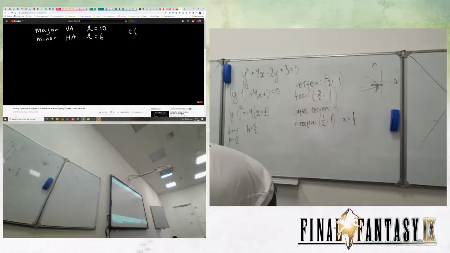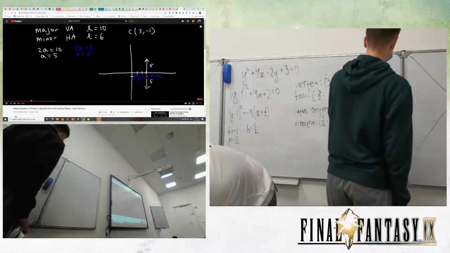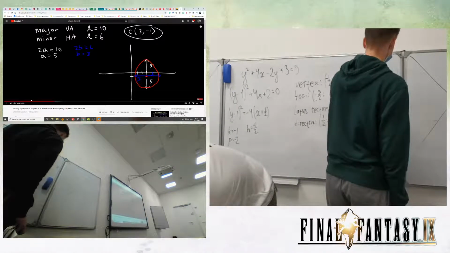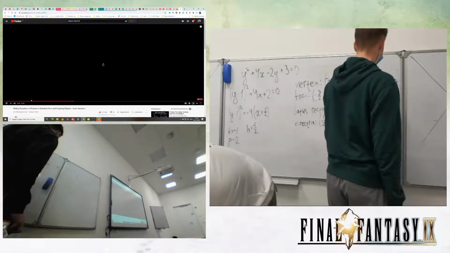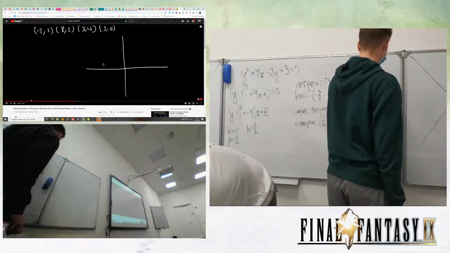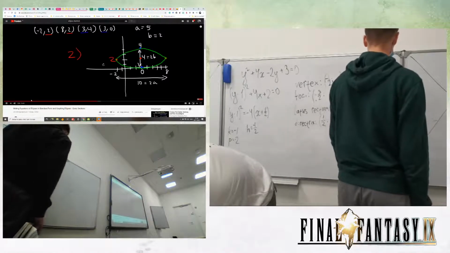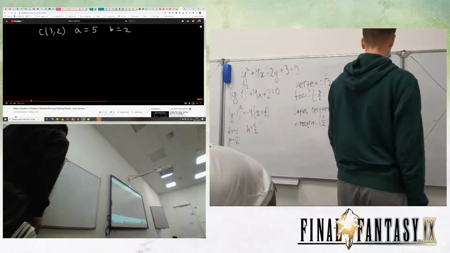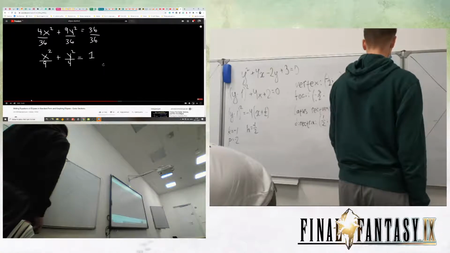And the center, the vertical axis, since you hear the word major, it means a is 5. Horizontal, we have the center. In this case, horizontal axis 3, the ellipse 3, 0. We have 2, 4, the coordinates we need is 2. A is in the axis. Go standard. So 4 and 9, we have 9x squared plus